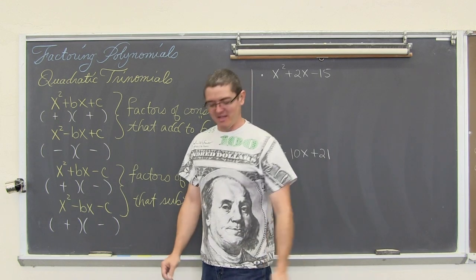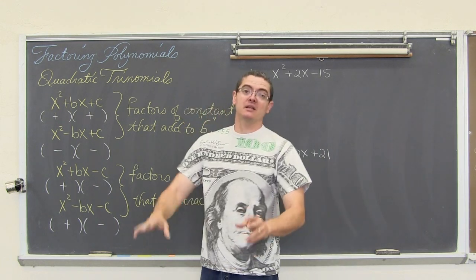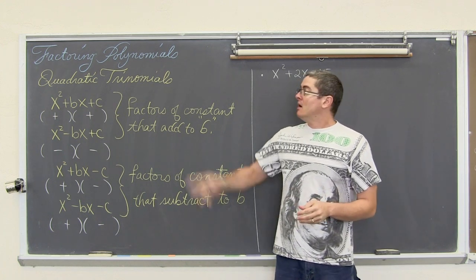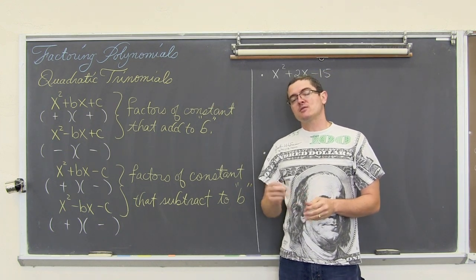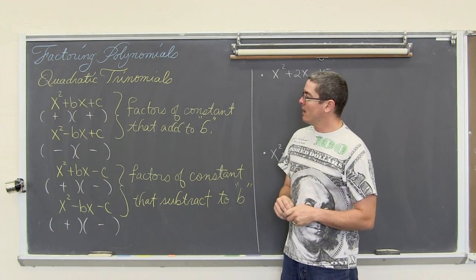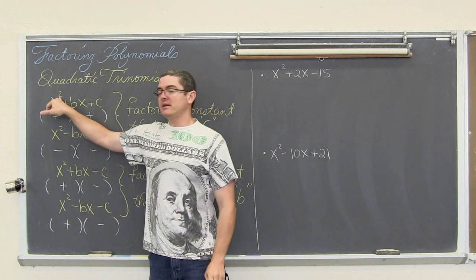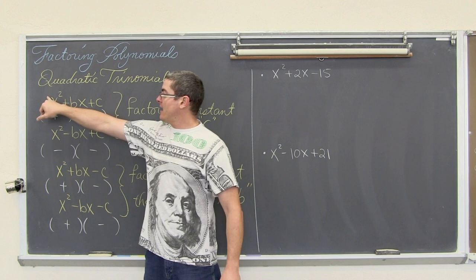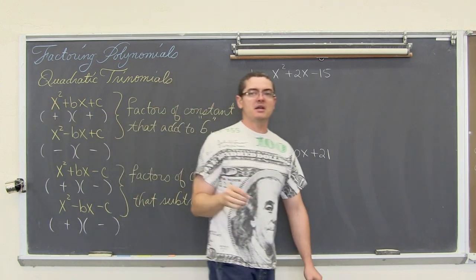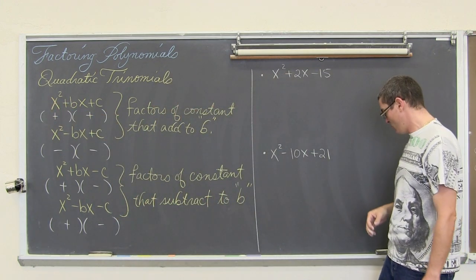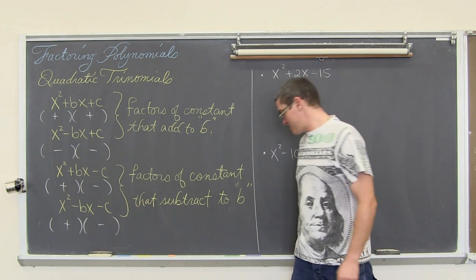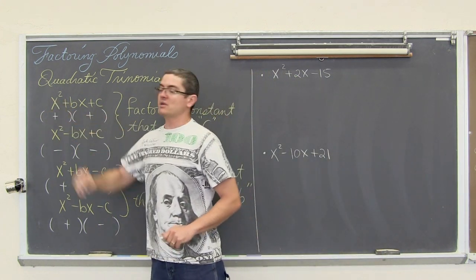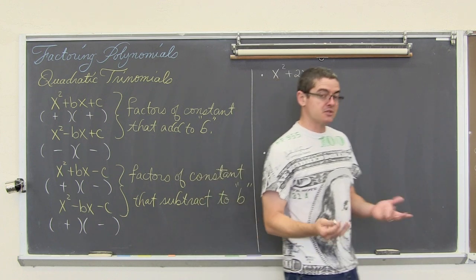I am Mr. True. In this video, we are going to once again continue our discussion of factoring polynomials. Specifically, we're going to be doing quadratic trinomials in this video, where we have a quadratic equation, that means it has a degree of 2, or its highest exponent is 2. And in this specific video, we're just going to pay attention to the leading coefficients that are equal to 1. That really simplifies these problems. In the next video, we'll do it where our leading coefficient is something greater than 1, or just simply not equal to 1.